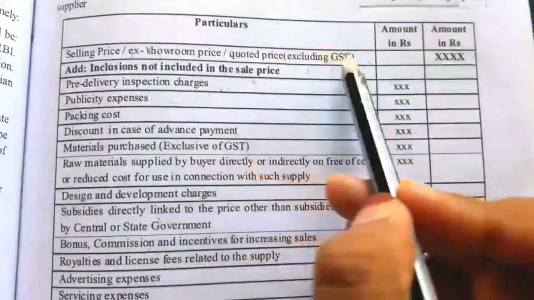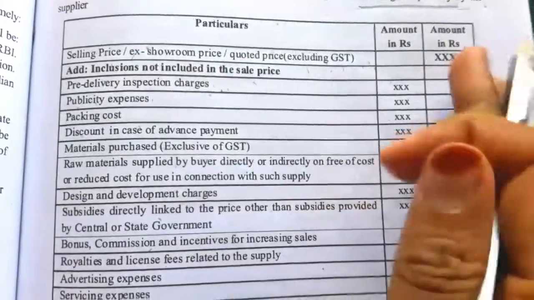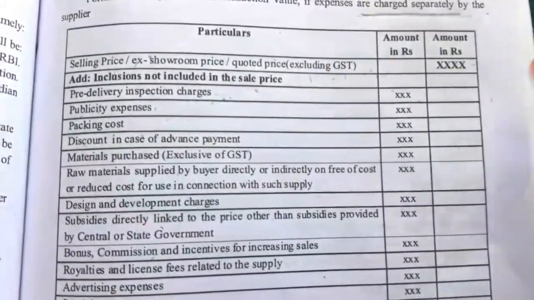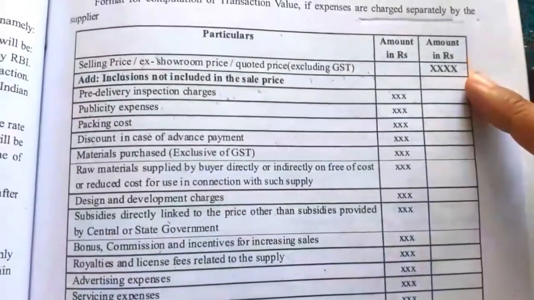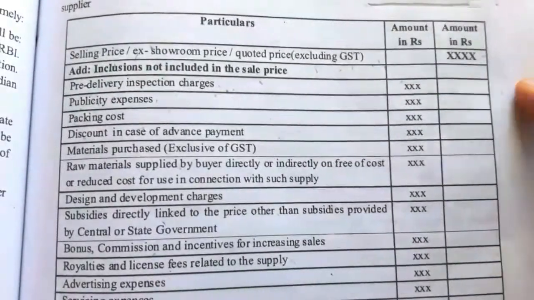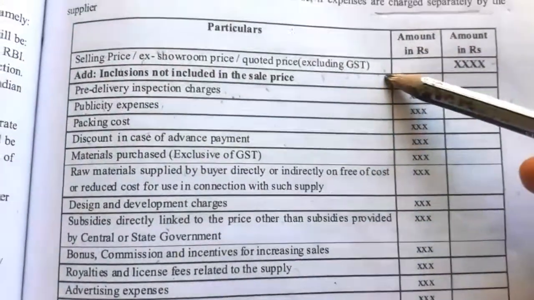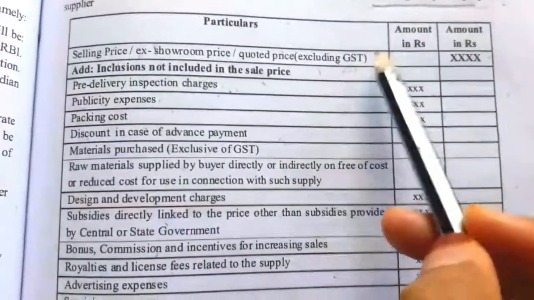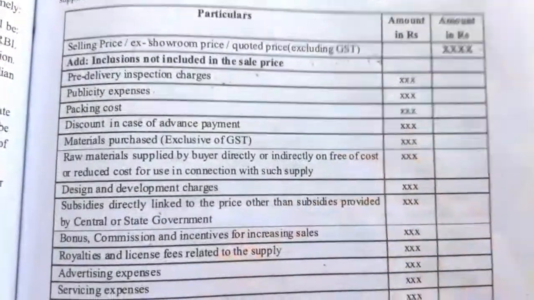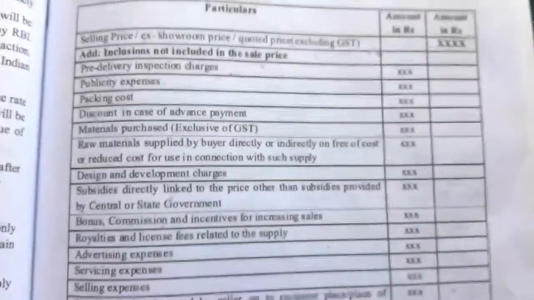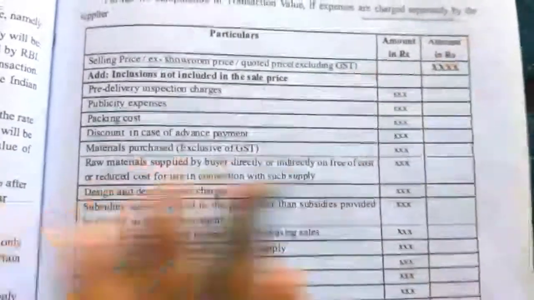So the selling price we have to take excluding the GST, because we are calculating the GST, so the price should not include GST. If the price includes it, there will be double taxation. In order to avoid that, we have to exclude the GST here. Whatever GST was paid earlier, we have to exclude it, and we have to add the selling price as well as expenses. After reaching the final answer, we have to calculate the GST.